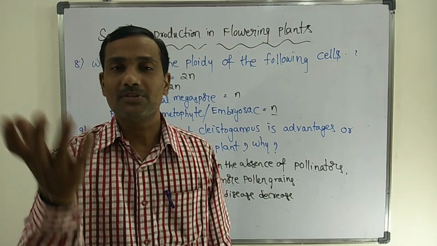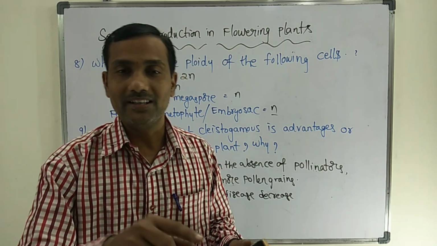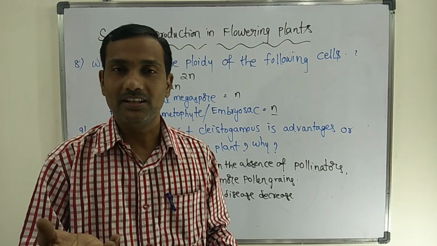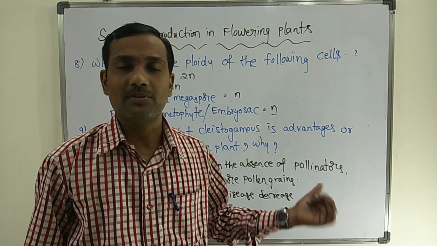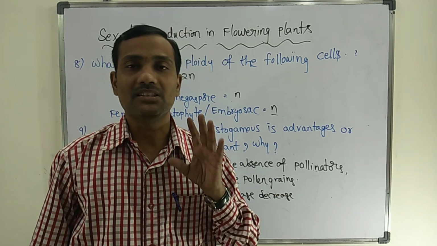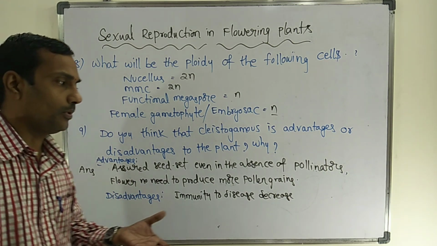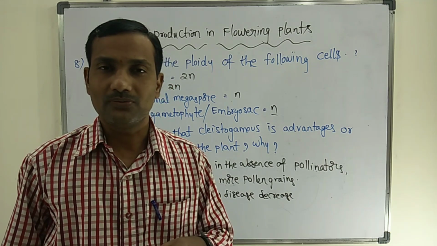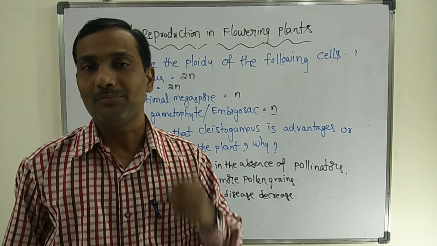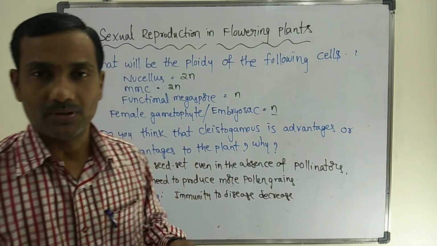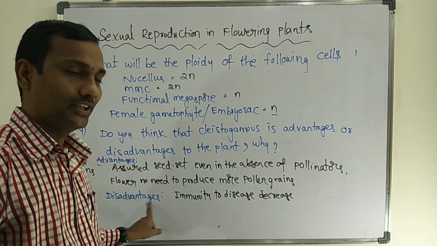But normal chasmogamous flowers open. Here a pollinator is compulsorily needed, which may be an abiotic or biotic pollinator. In the absence of a pollinator, there is no chance of seed formation in chasmogamous flowers. In cleistogamous flowers, even in the absence of a pollinator, 100% seeds will be formed. That is an advantage. The flower has no need to produce more pollen grains. In the closed flower, pollinators are not involved, so the flower produces a very small number of pollen grains to achieve self-pollination in cleistogamy.